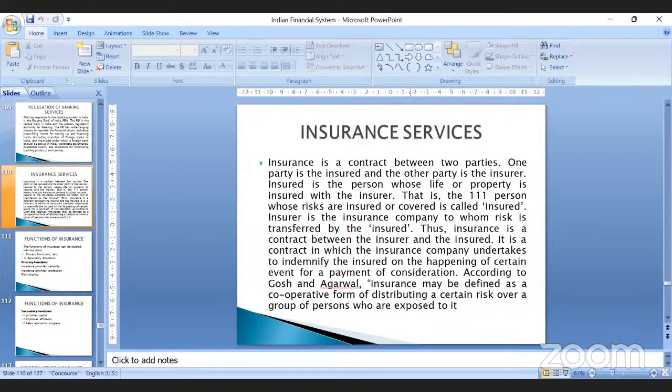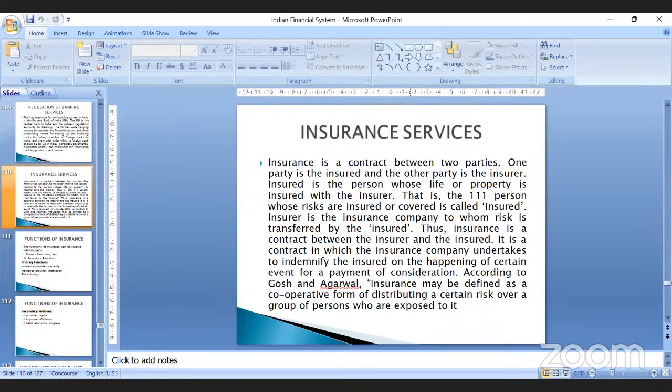What happens in insurance is the insured pays the premium periodically to the insurer. In return, when some unforeseen situation happens, the insurer promises to protect you from the loss which will occur because of that unforeseen situation. Now, this premium can be paid in any manner. It can be paid monthly, yearly, half yearly, or quarterly. But whenever there is an unforeseen situation, the insurance company promises to indemnify or repay all your